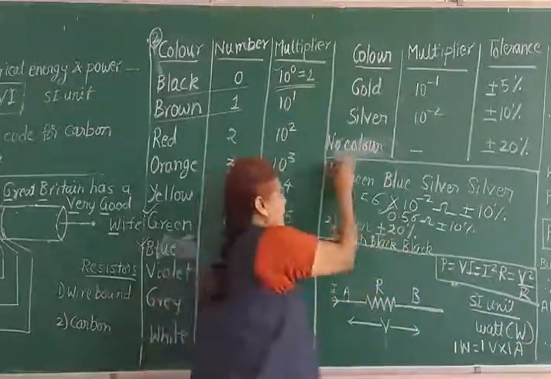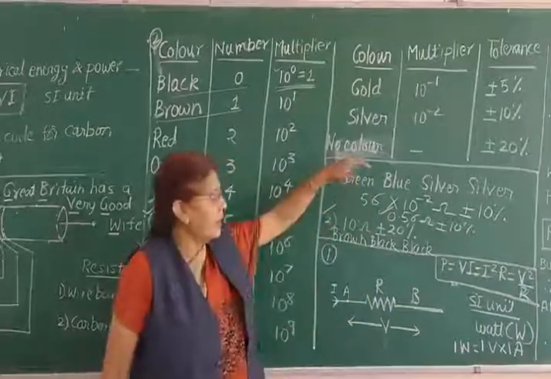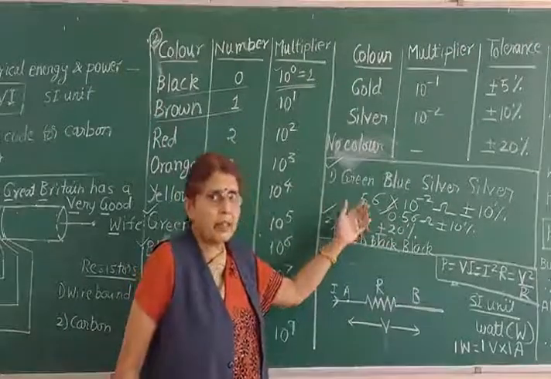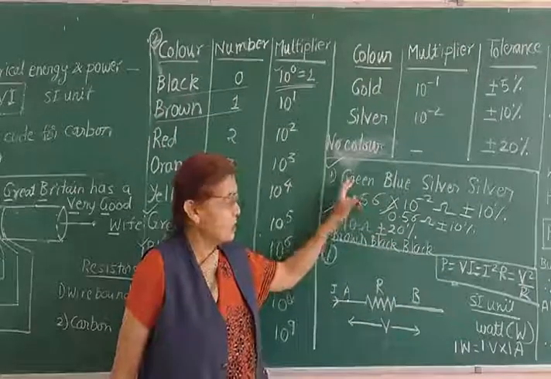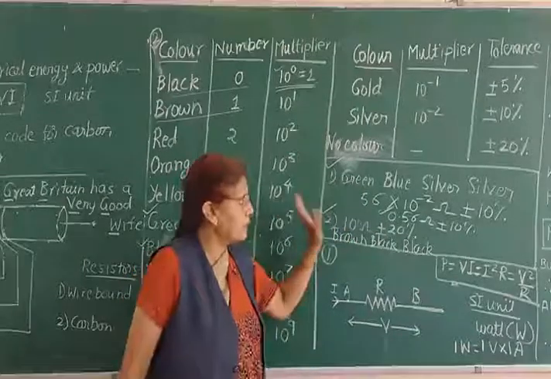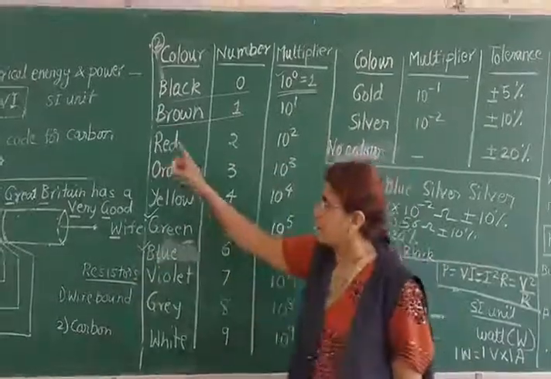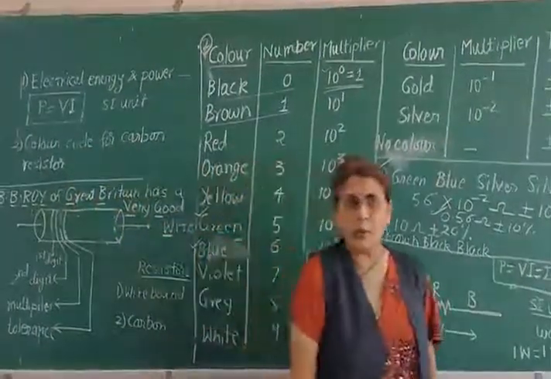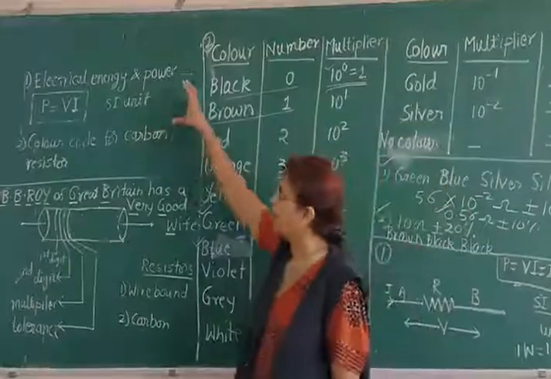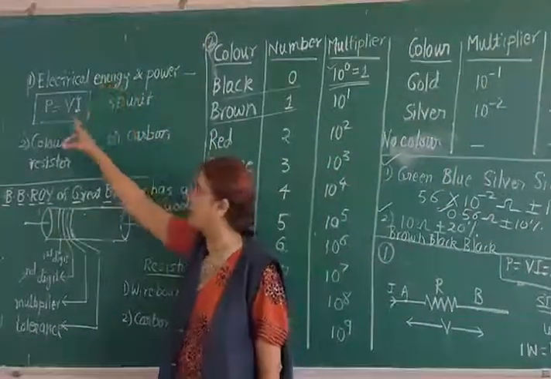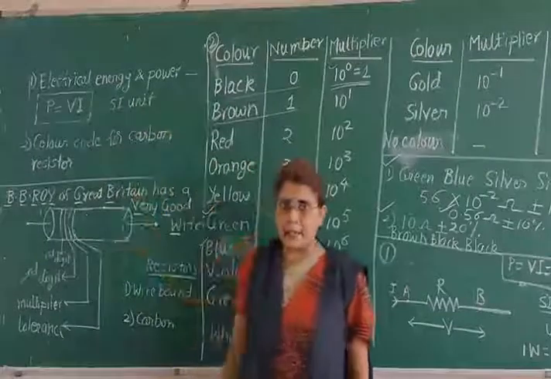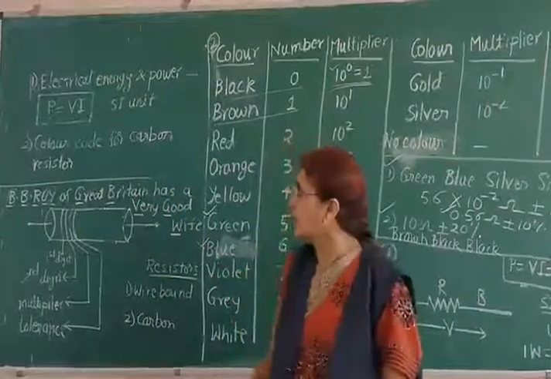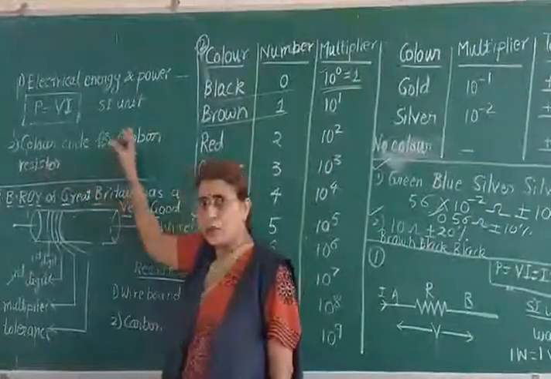So these are the two possible 1 mark questions for that. Color sequence is given, find out the resistance, or else resistance is given, find out the color sequence. So this is only for 1 mark. So this is today's second point, that is color code for carbon resistors. So we have done 2 points today. The first one is we have found an expression for electrical power, P equals VI. We have studied the SI unit of it. This is mainly used in solving power problems. Second one is we have done color code for carbon resistor.